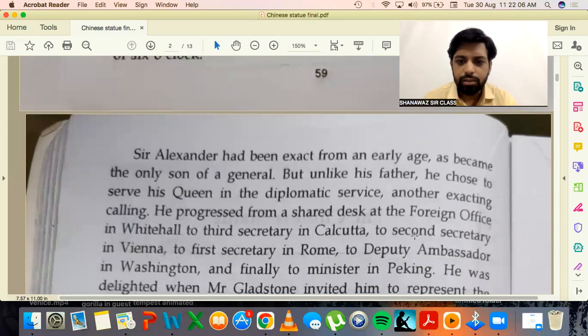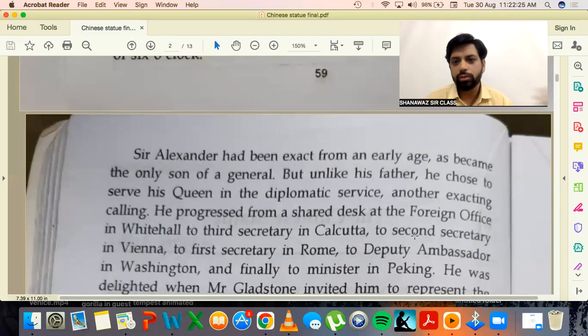Sir Alexander has been like this at a very early age because his father was a general. मतलब आर्मी में थे, तो आर्मी के में लोग डिसिप्लिन होते हैं. So discipline came to him naturally because of his father. But unlike his father, उसके पापा आर्मी में थे, but he chose to serve